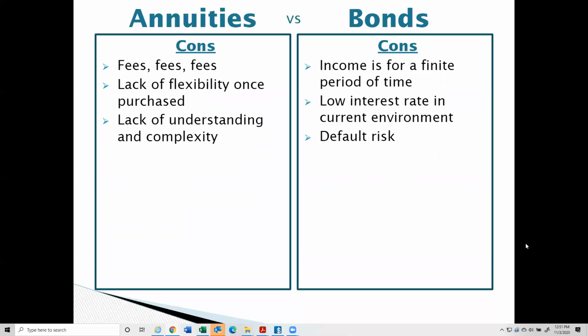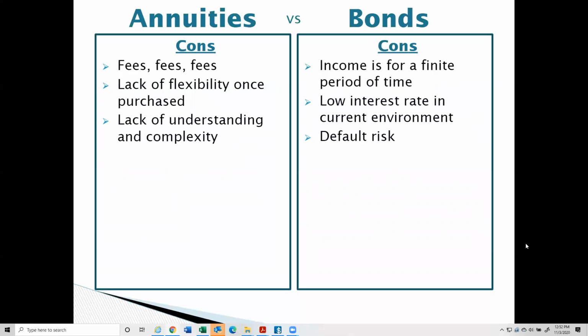So what are some of the disadvantages of bonds and annuities? Well, annuities, it's the fees. Depending on how you purchase an annuity, they often come with high sales charges or high annual expenses, unless you're using a no-load or RIA-based annuity that has no sales commissions. Fees can be even higher in actively managed annuities, annuities that have mutual funds where the underlying managers are active and they have higher internal management fees.